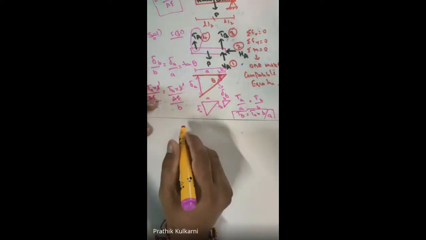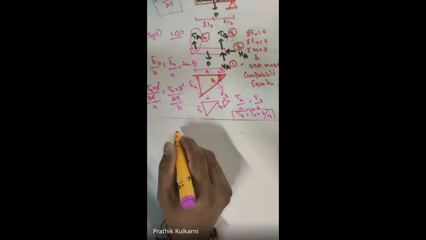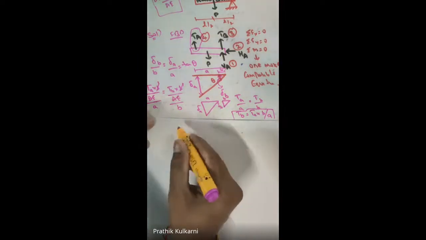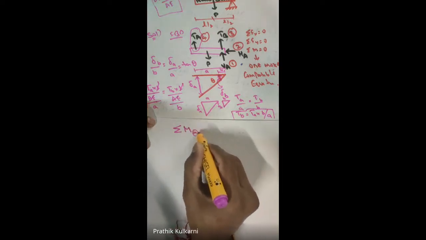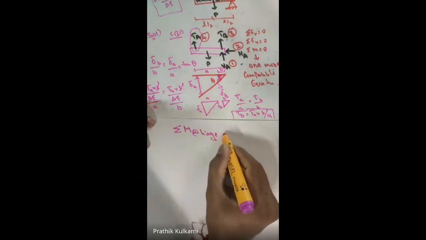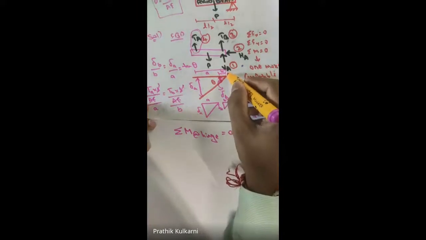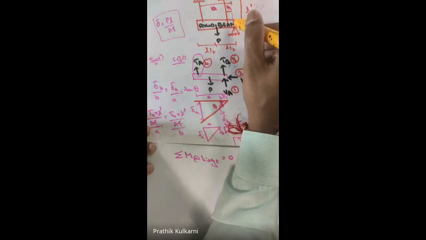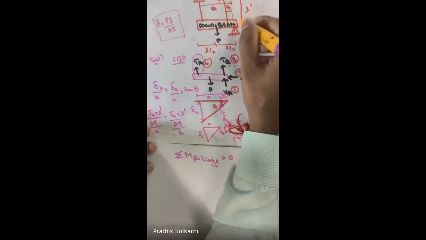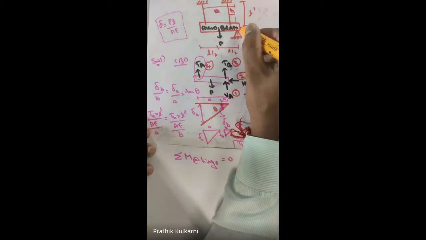So from here what we will do is we will be going with our moment. Where will we take our moment? We will take the summation of moment at your hinge should be equal to 0 at your hinge. In this diagram that you can see, at this hinge we will be taking our moment. Now if you take moment at your point or hinge A, B, C, whichever you want to apply, you can apply here, and you can see at your hinge,